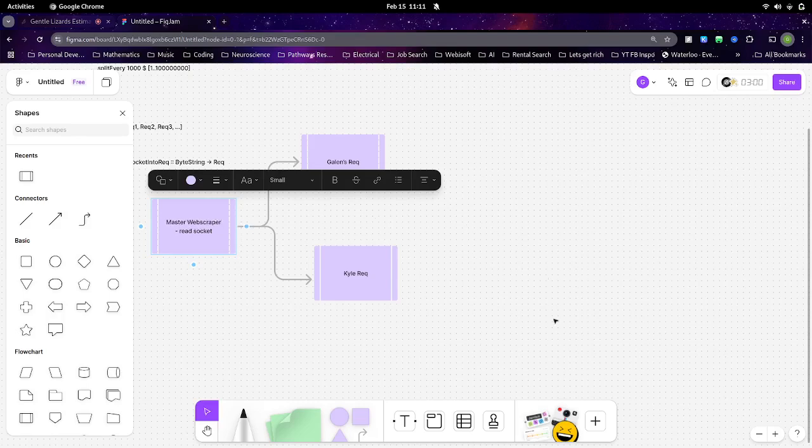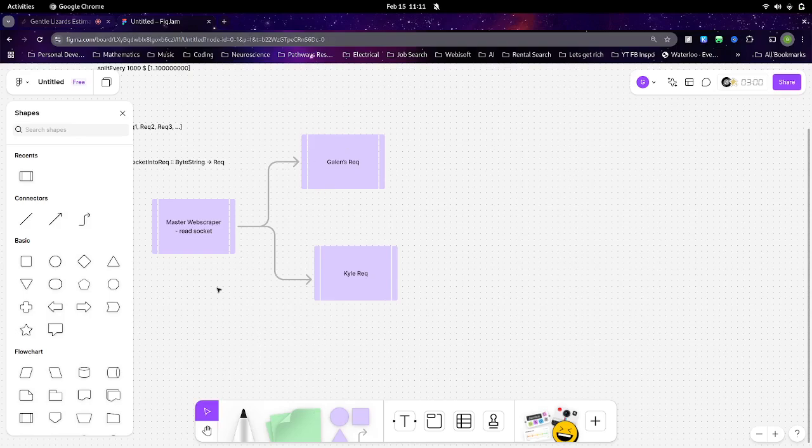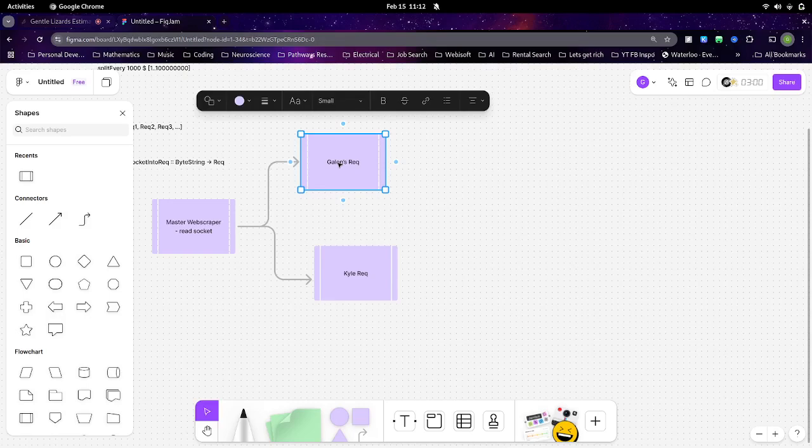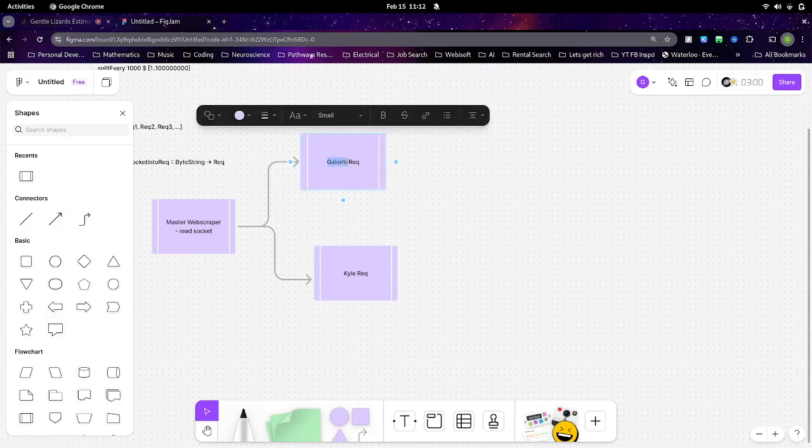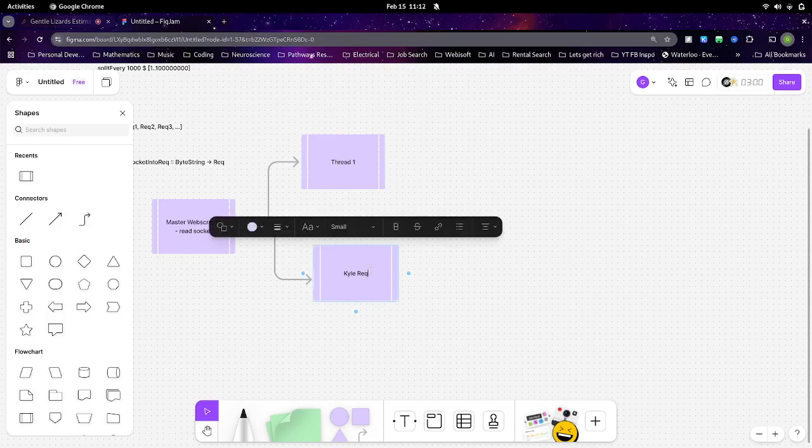And this is going to decide how each thread should work. I can make however many threads I want to. Let's say in this case I make two, right? And so I have thread one, and then I have thread two, web scraper two.